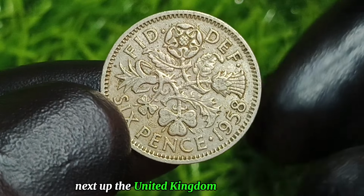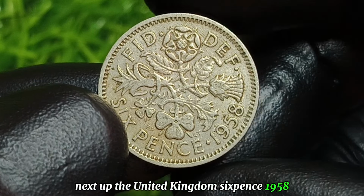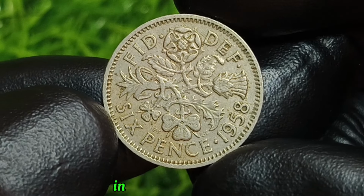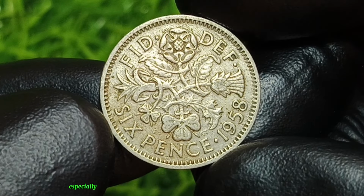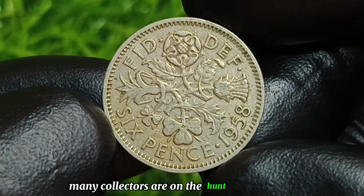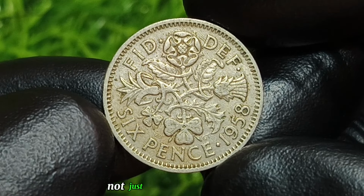Next up, the United Kingdom Sixpence 1958. This small yet mighty coin is gaining tremendous attention in today's rare coin market, especially when found in fine or higher condition. Many collectors are on the hunt for this piece because it represents not just a bit of British history,